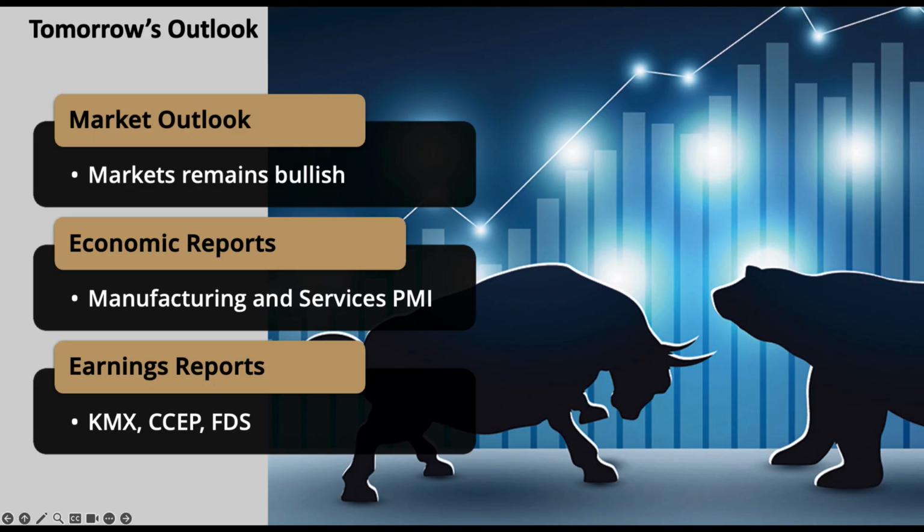So again, that's tomorrow's outlook. Looking for markets to either pause here or pull back further. Just keep in mind the overall direction remains bullish, and we have economic data tomorrow, and we'll see how that impacts the market. That's the manufacturing and services PMI numbers. Outside of that, it's not a big day on earnings. So I think we'll probably be coasting here into tomorrow unless we see any big moves. We haven't really seen a big move on Friday. So we'll see how things end tomorrow, and then we'll reevaluate and update our outlook going into